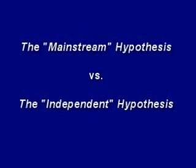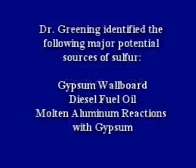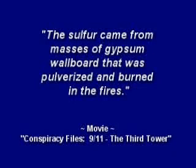There are two primary theories. The mainstream explanation is that the source of the sulfur was from normal building materials found in the rubble. In 2006, Frank Greening prepared a report outlining potential sources of sulfur. Dr. Greening identified the following major potential sources of sulfur: gypsum wallboard, diesel fuel oil, and molten aluminum reactions with gypsum. Mainstream media, such as movies, have said the sulfur came from masses of gypsum wallboard that was pulverized and